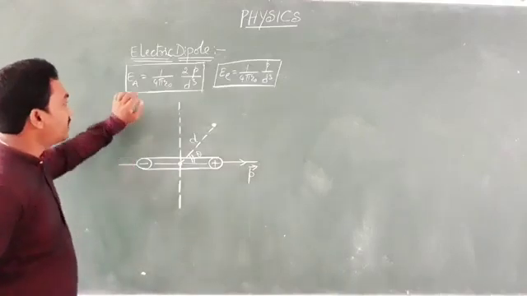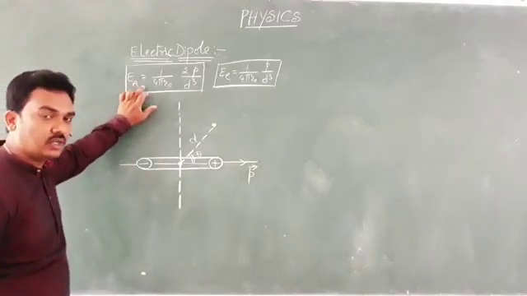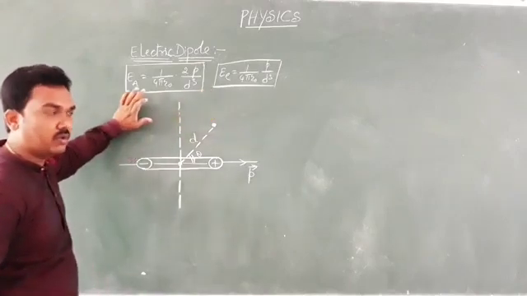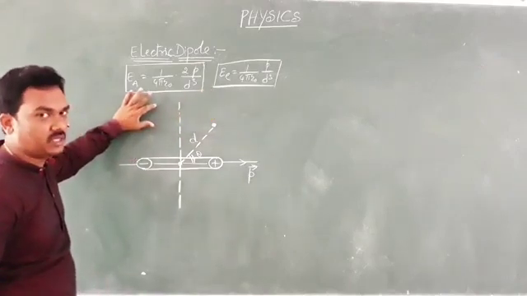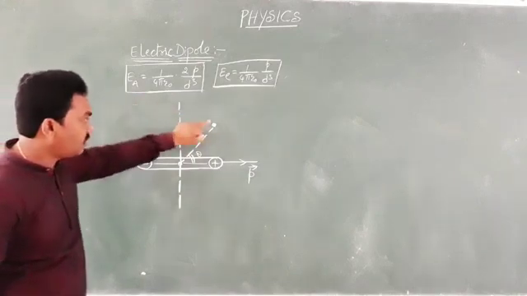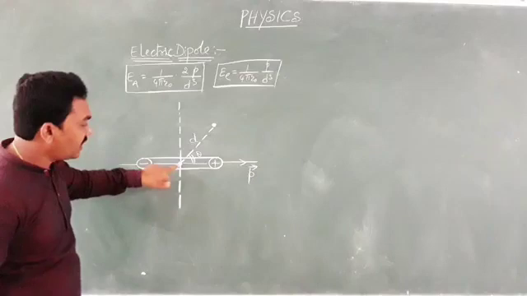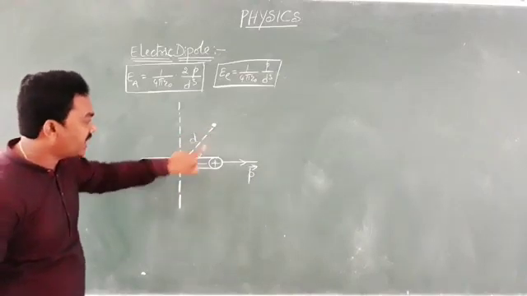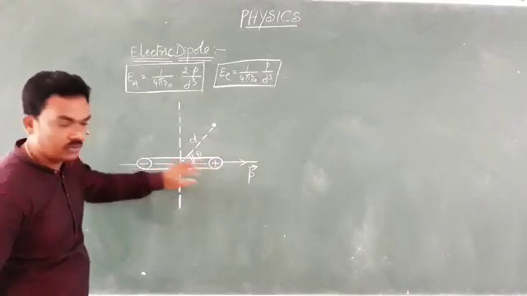So you have learned the intensity of electric field at a point on its axial line and also on the equatorial line of the dipole. But if the point is beyond them, somewhere else your point is located, and the distance of the point from the center of the dipole is d. Of course, it is located at an angle theta with the axis of the dipole.